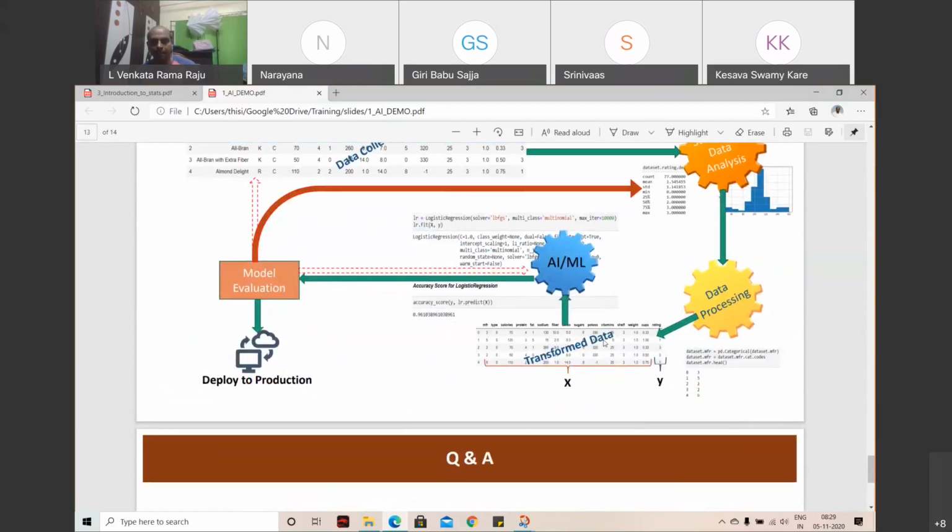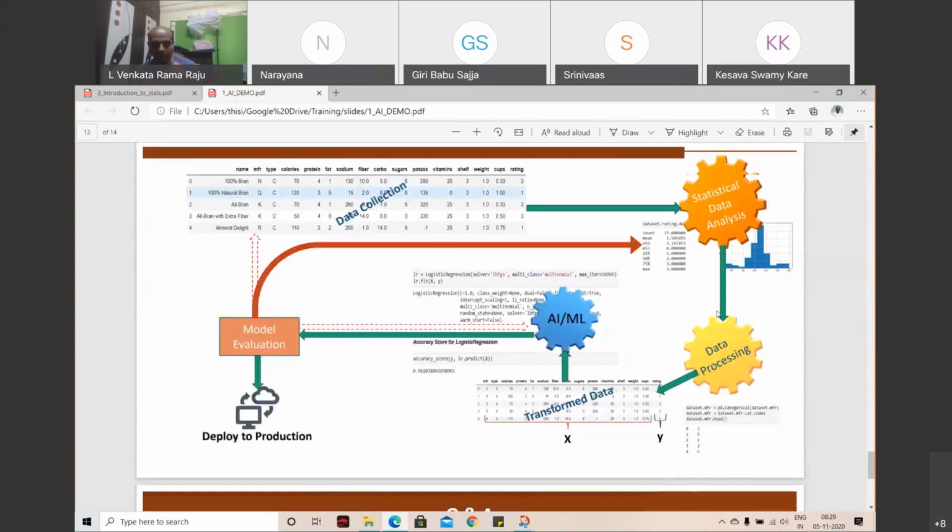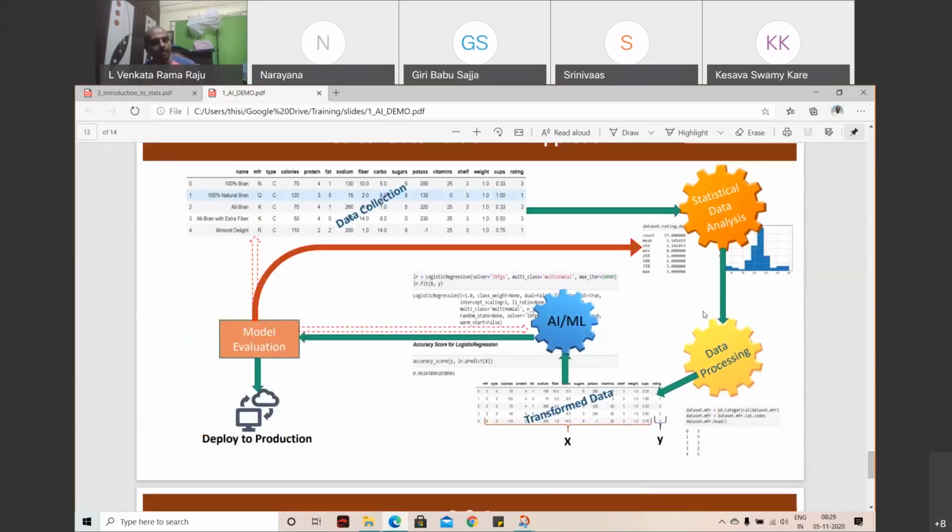Now you feed the data. In this process of understanding, if your understanding is wrong or the conversion is wrong, the data patterns will not be understood properly and it will not work well on the test set and in production. We'll see what test and production are. Then you have to go back and correct it again. If after all that it is still not working, you may have to correct the data. This whole iterative process is where all the tools we are trying to learn are used.